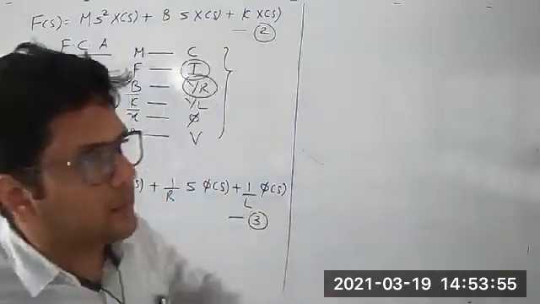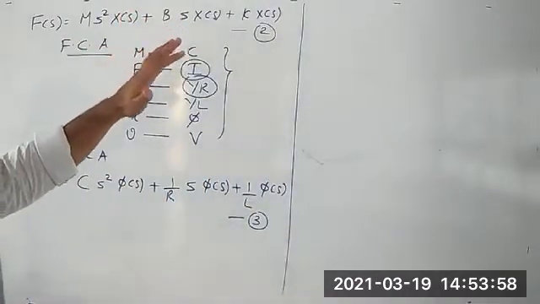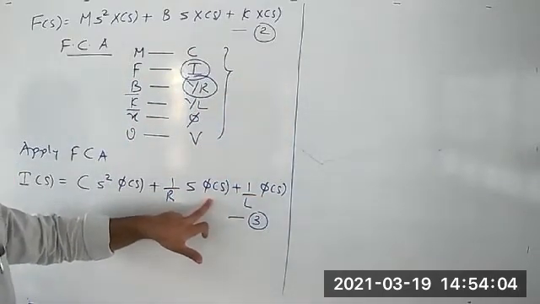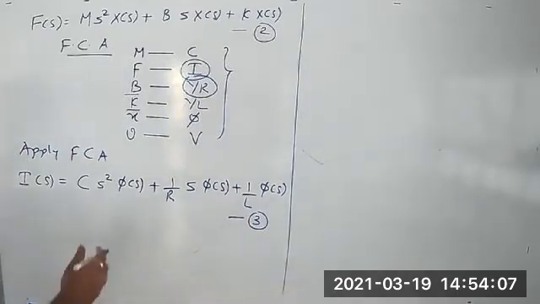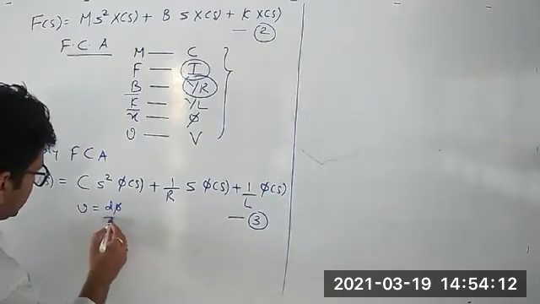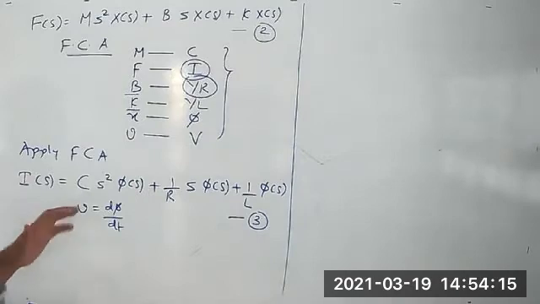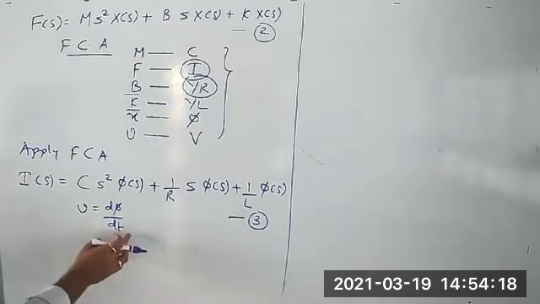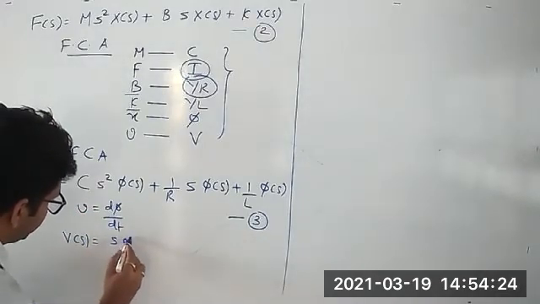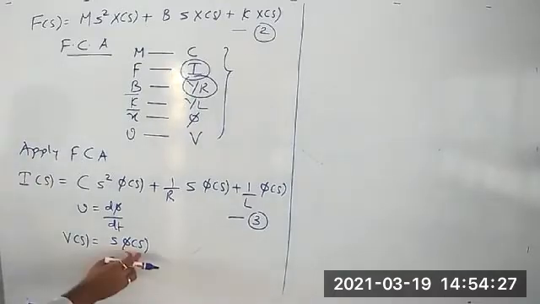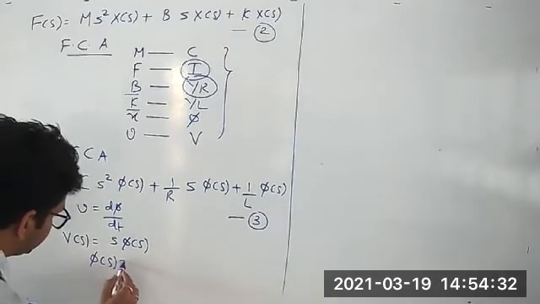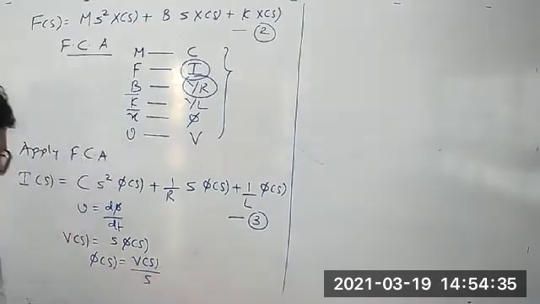So what we need to do, as the technique we applied in force voltage analogy where we replaced charge by current, here we need to replace this flux by the corresponding voltage. From our basic electrical engineering knowledge, we can write V is nothing but d phi by dt, where V is the instantaneous value of circuit voltage. Now if we apply Laplace transform to this equation, we can write capital V(s) equals s into phi(s). Rewriting this in terms of phi(s), we can write phi(s) is nothing but V(s) divided by s.